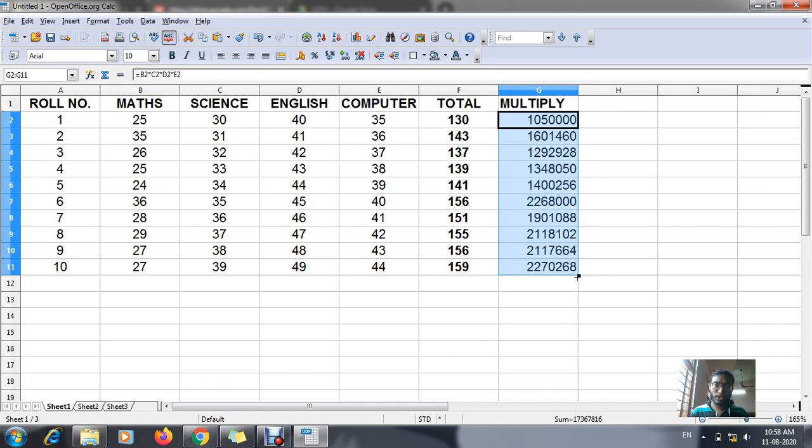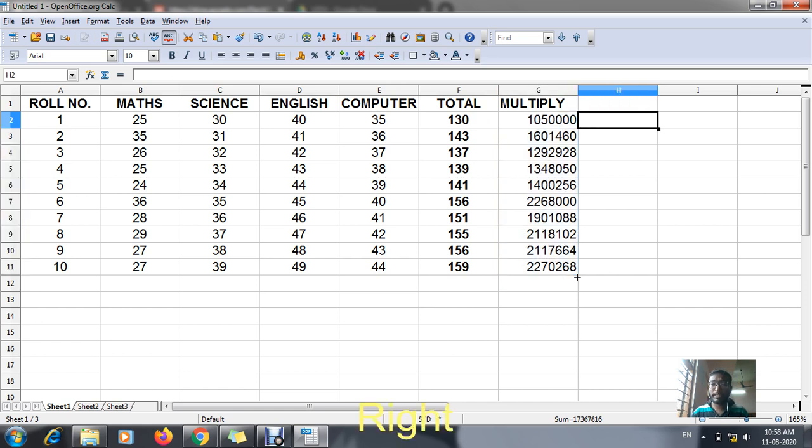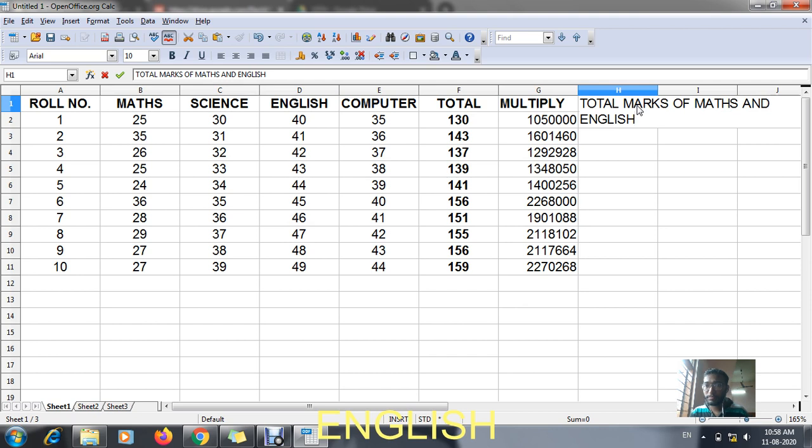Now suppose I want to do addition of particular cells. That means if I want the total of just the maths and English subjects of each and every individual student. So what I will be doing, total marks of maths and English.